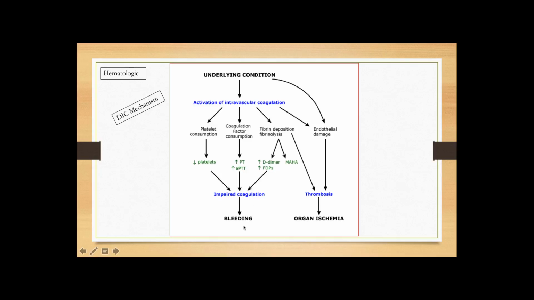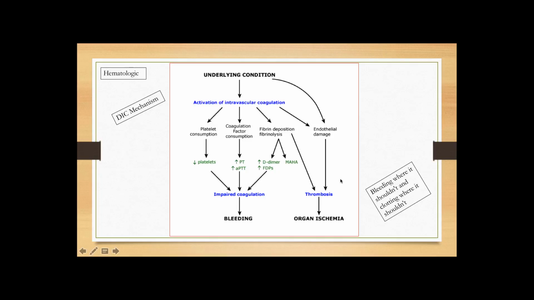and it will result in bleeding, or it can also directly cause endothelial damage, and then because of the fibrin deposition it can cause thrombosis, so there is organ ischemia. So you can see that bleeding and thrombosis are occurring concurrently. So this is really a very interesting, although very unfortunate phenomenon. So usually when people get to this, it's a very grave situation. It's a very dire circumstance. It's very hard to reverse this, but it's very important to recognize it.